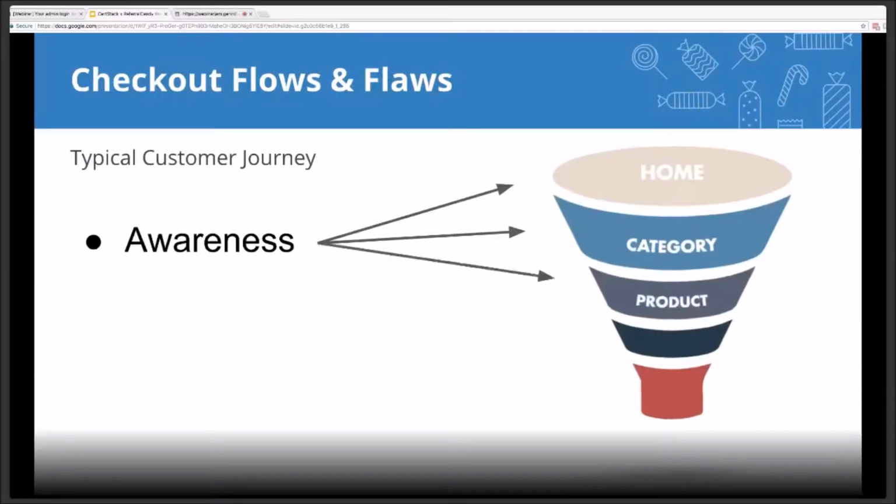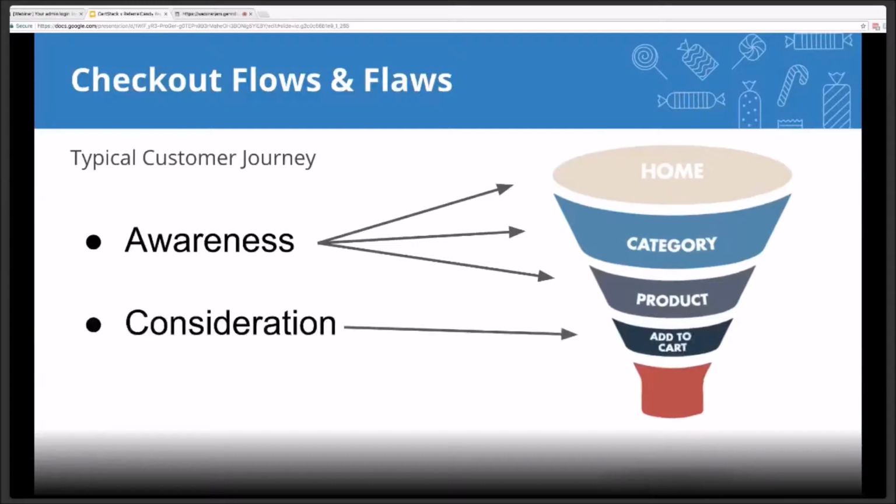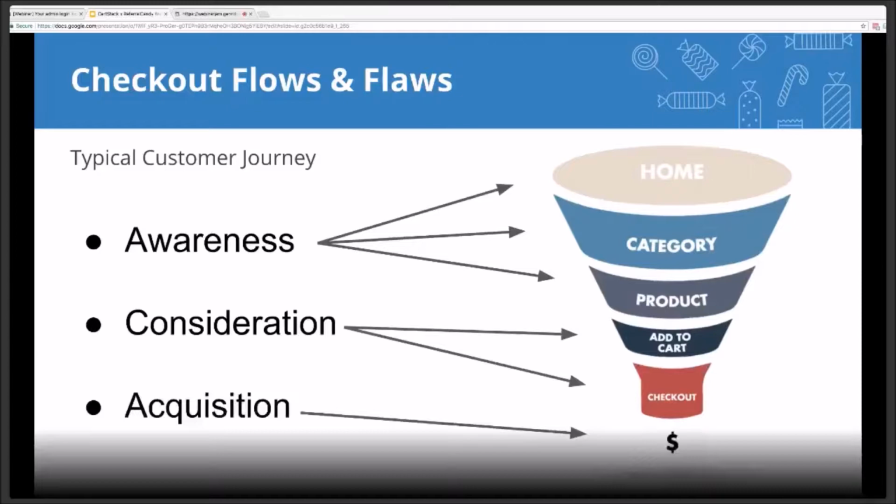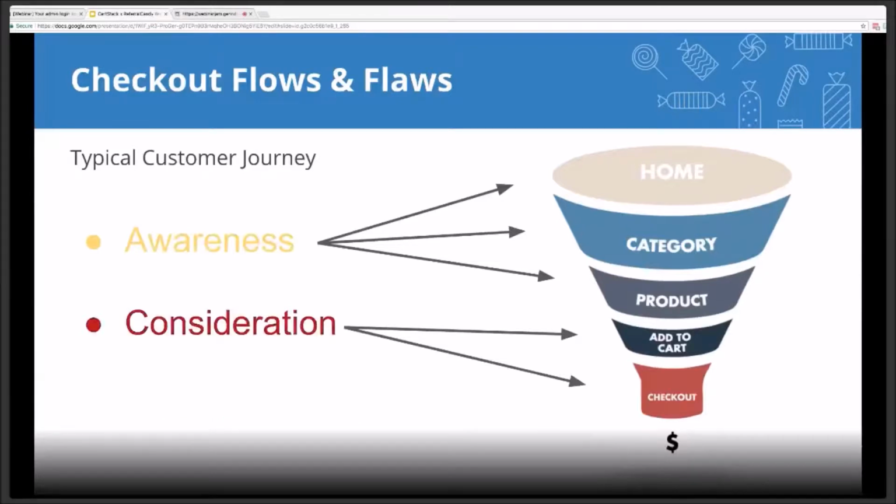Once customers have made their way through these home, category, and product pages, it's usually safe to assume that they're in this awareness phase of the journey. They're just getting to know you at this point. Then as they add something to the cart or begin to check out, they move into this consideration stage, and then obviously into the acquisition stage. We all know that acquisition is the goal, right? This is what we're trying to get to. But in order to get customers to that stage, we're going to have to focus on these first two groups, shoppers in the awareness and consideration stages.